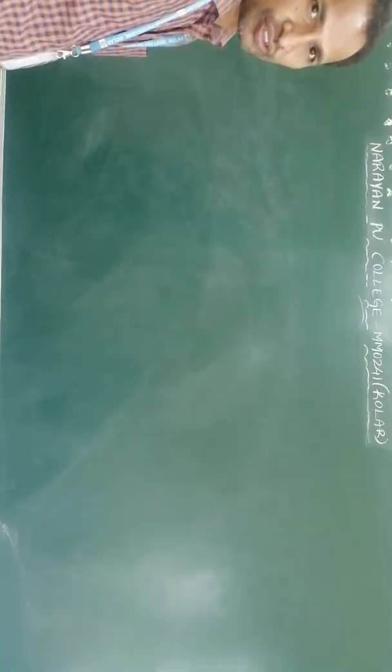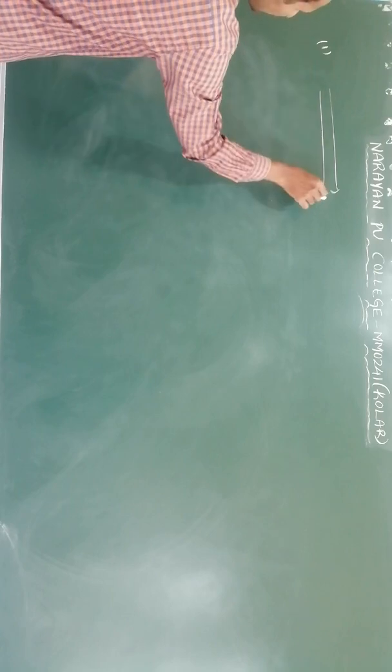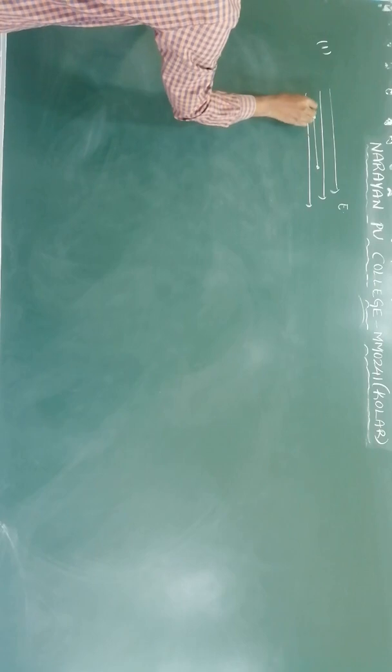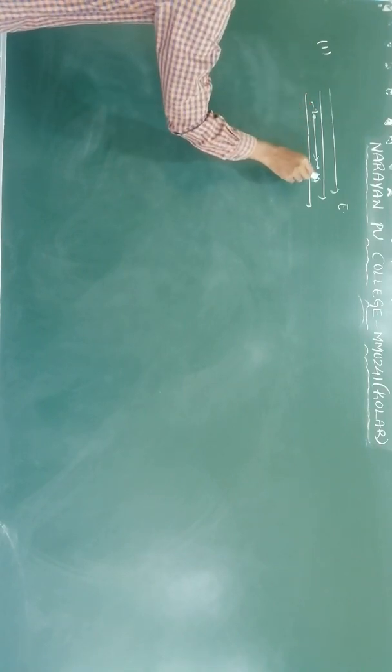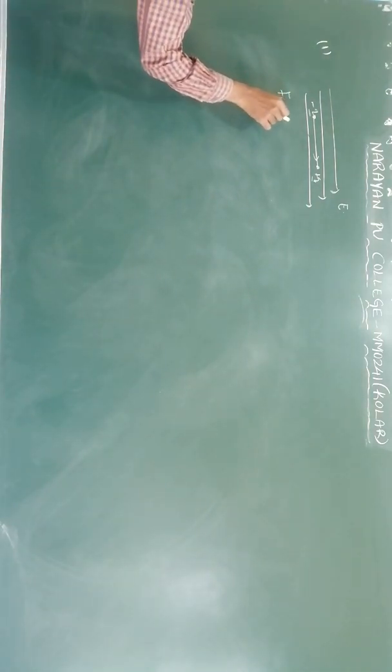In a uniform field, the forces on the two charges are equal, so the net force is 0. Here, see the first question. If you take the electric field in this direction, E, this is the negative charge, this is the positive charge. The dipole moment points from negative to positive. The force on this charge and the force on that charge act in opposite directions with equal magnitude. The net force F net is equal to 0.